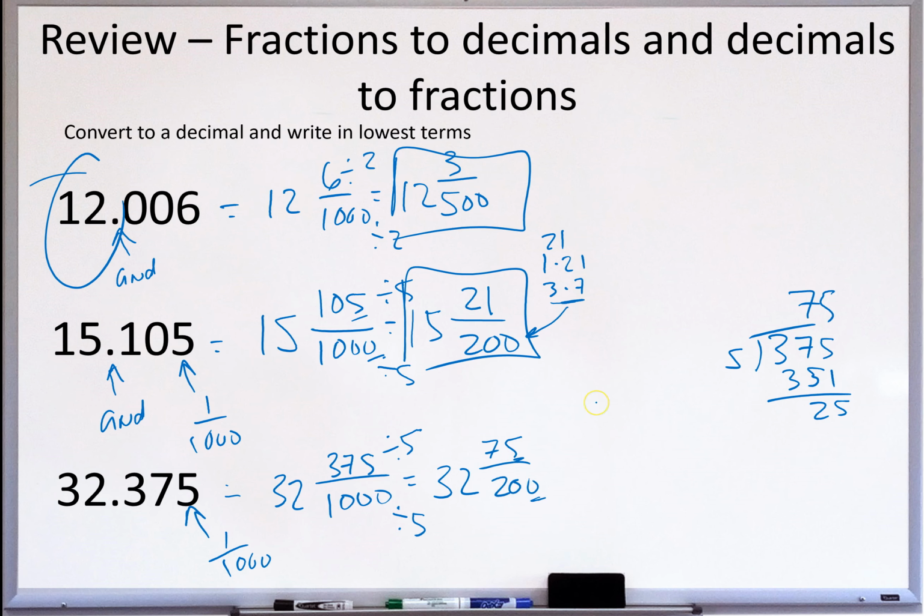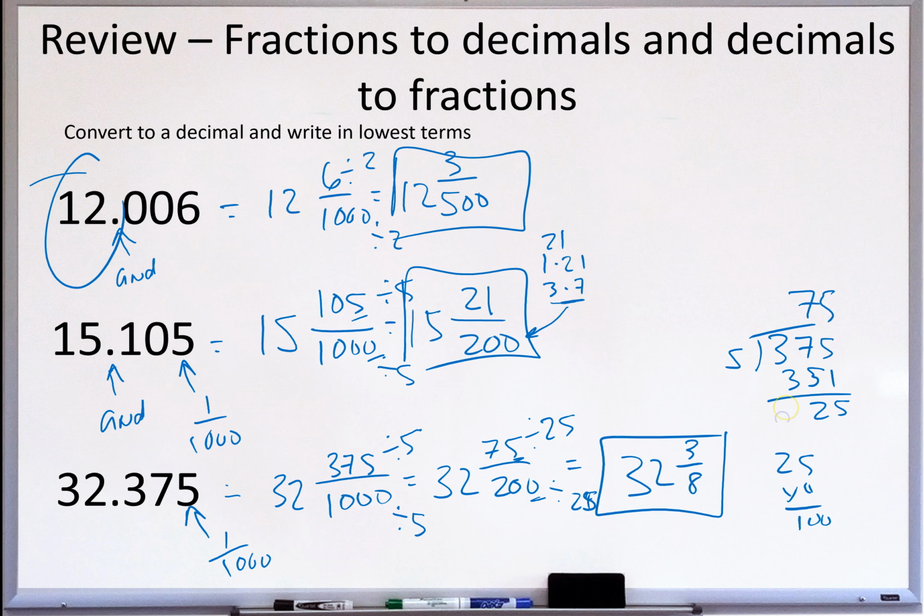I still end in a 5 or a 0, so I can divide by 5, but I'll do 25 this time. So I still have 3. I know that 3 times 25 is 75. And 25 times 4 is 100. So to get 200, it must be 8. So I'm sorry, it's not 3. That's 32 and 3/8. Okay, just a quick little video to review, and then I'll make another video on how to convert from